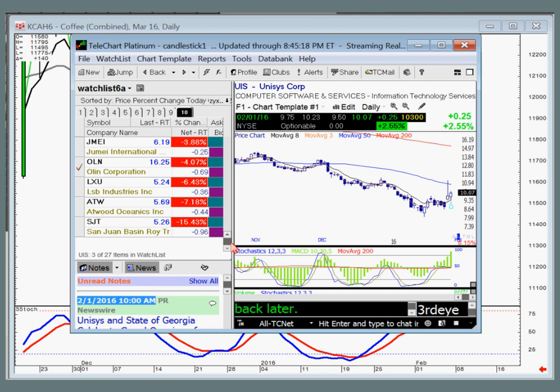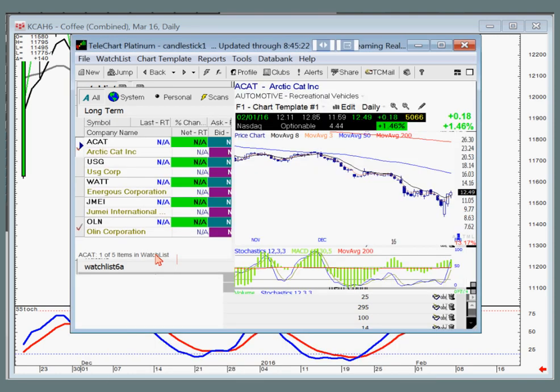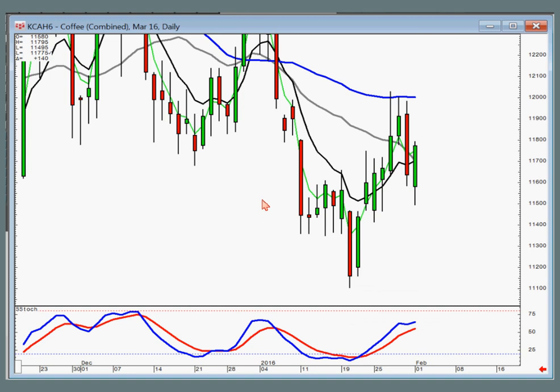So once you set up your watch list and you get it narrowed down, let's say we took it down to 5, we can see what each one is doing. So if something opens up and it's red, see, I think